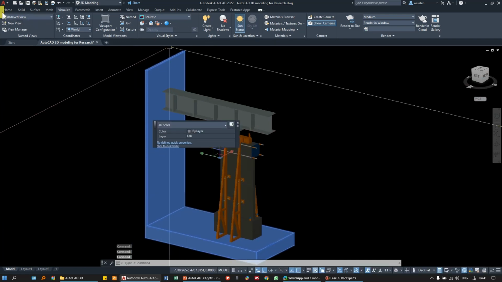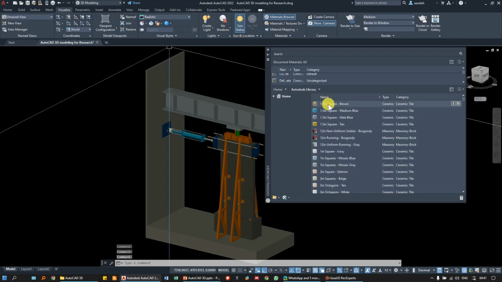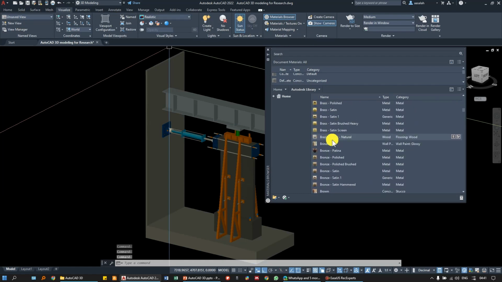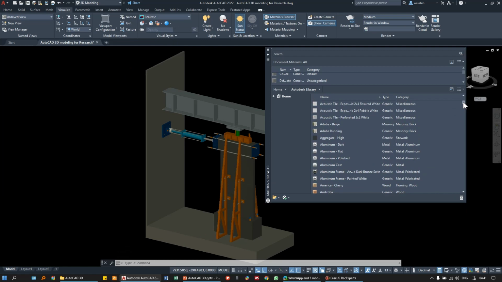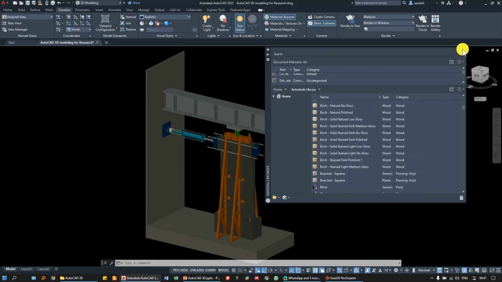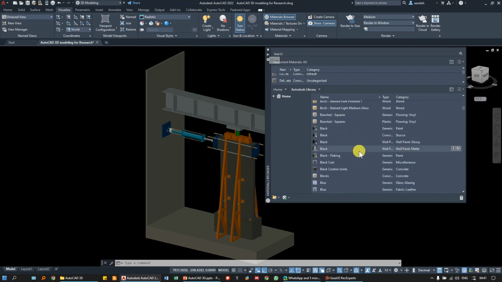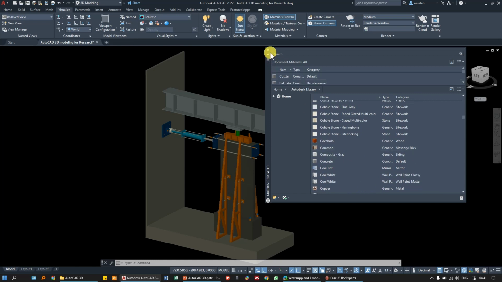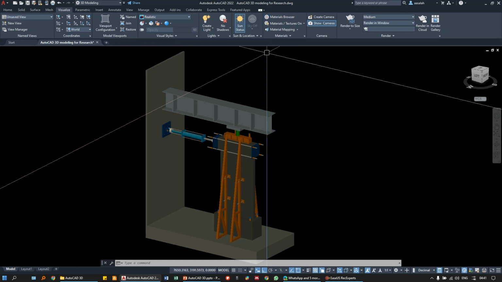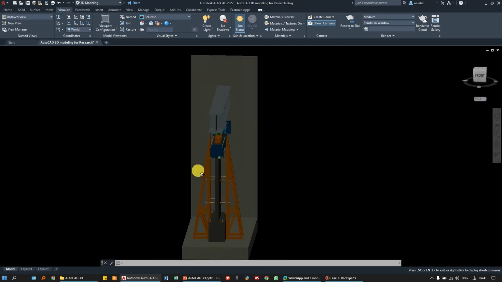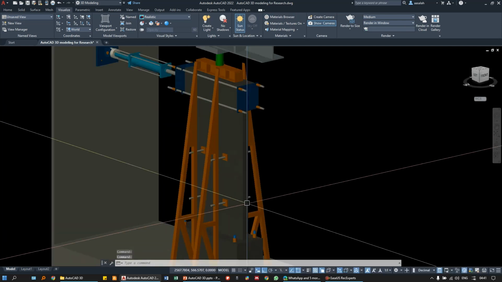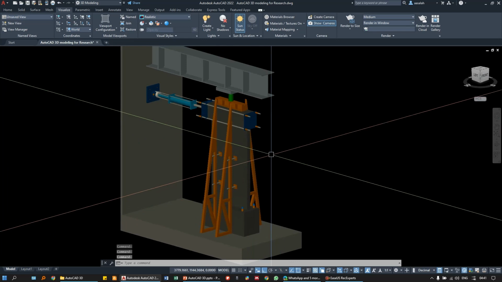And from materials, I can go from home to visualize. Then I can select the material browser. We have so many different materials depending on what we are working with. Most of them are architectural. For me, I don't care about all those types. I just want to select the appropriate type to show my model. In general, I don't think it is necessary to select a material, but in case someone wants to do that,